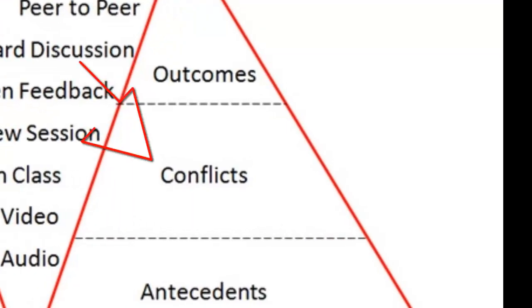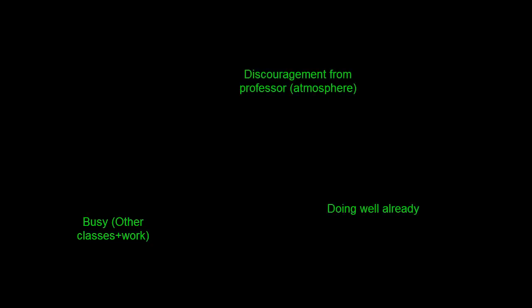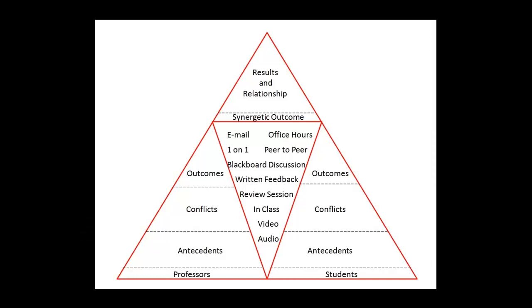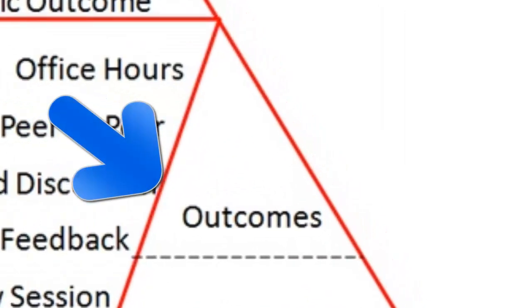Students also have roadblocks to the giving and receiving of good feedback. These conflicts that students encounter are different from what the professors experience. Their conflicts are: Students also reach outcomes when they overcome these roadblocks. Some of these outcomes are: